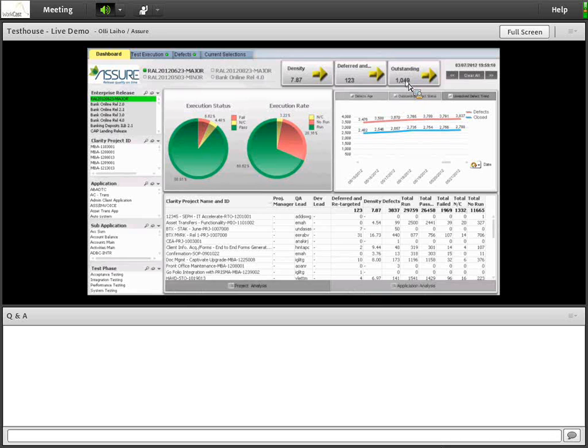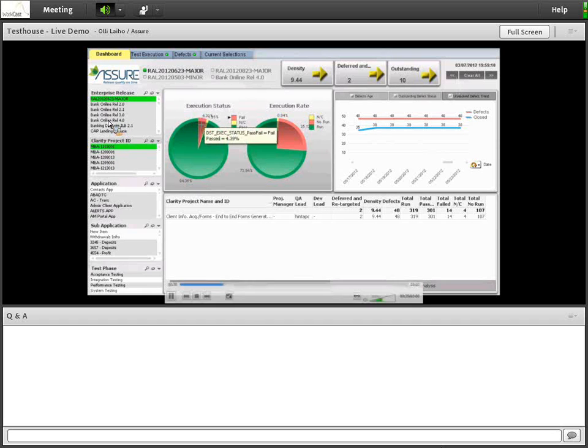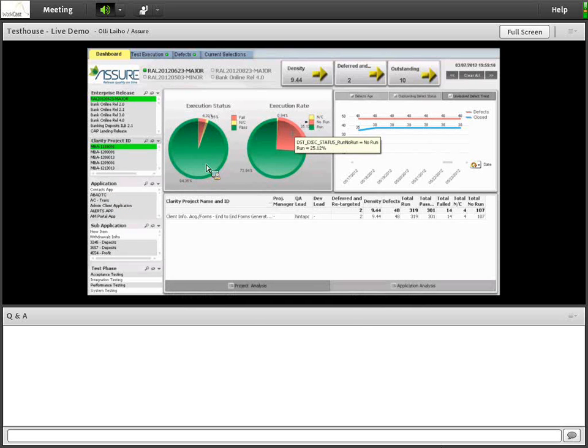Here's the list of outstanding defects in this area. So we still have 1,000 defects, so that's fairly high. The project is still in the middle of development, so I guess that's okay. We're now filtering this to a sub-part of that information. So we're now looking at an individual project within that enterprise release. So we're looking at this project, which is developing the Contacts app, and we're now seeing the figures from that particular